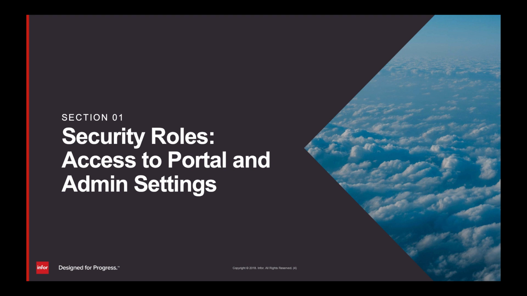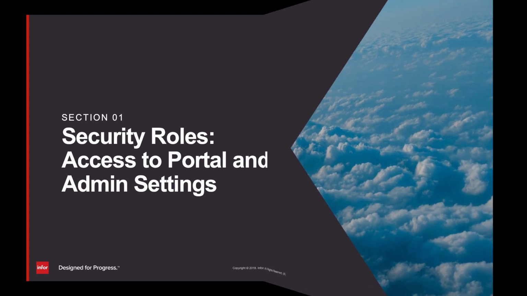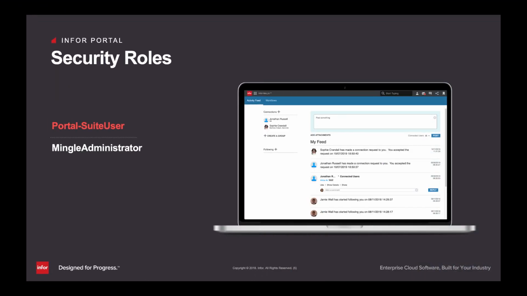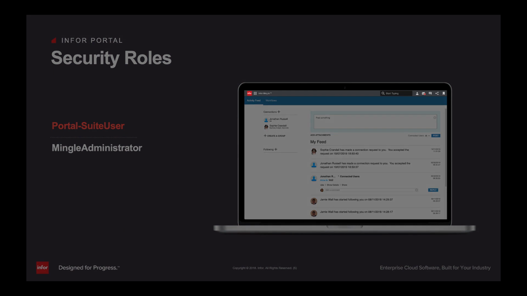Just on a high level, let's touch on security roles. The most basic portal security role is a portal suite user. This gives users access to the dark gray bar at the top of the screen. This includes the home button, the app switcher, the user menu, bookmarks, and the share icon. Other icons for the inbox and the chat application also reside in the portal bar, but they're dependent on other